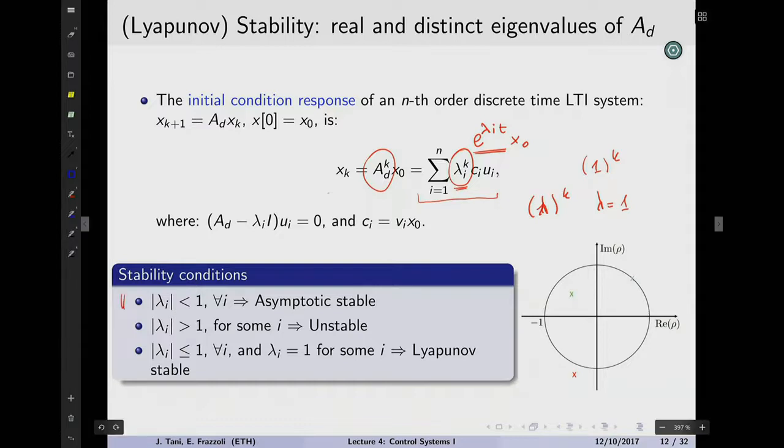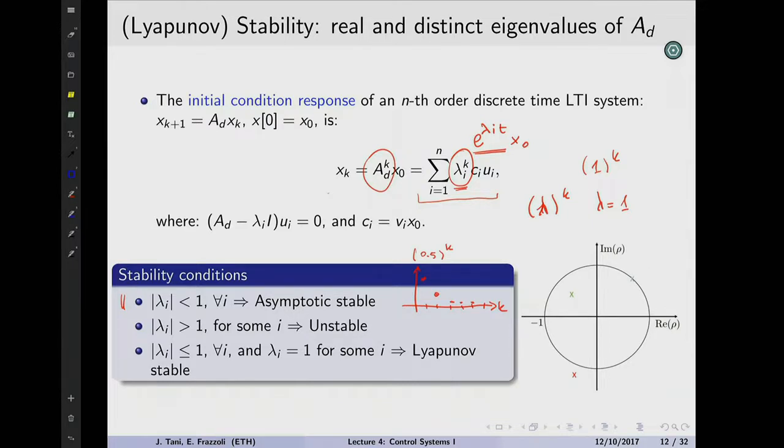If instead lambda is a number that is smaller than 1, what you will get is that as time goes by, k is 1, 2, 3, your dynamics is going to be dominated by this term that is, let's pretend, 0.5 to the k. It's something that as you multiply it by itself, it becomes a smaller number, right? So it's going to be something like this. Asymptotic stability now is described by having the magnitude of your eigenvalues within the unit circle, having magnitude smaller than 1.